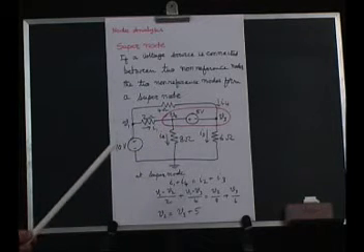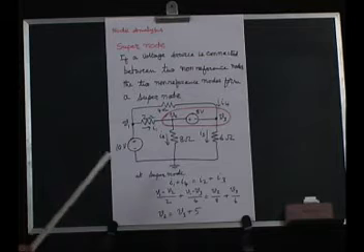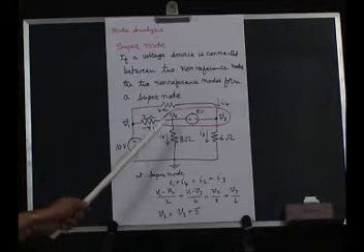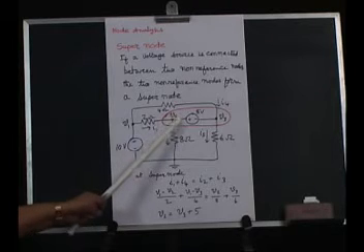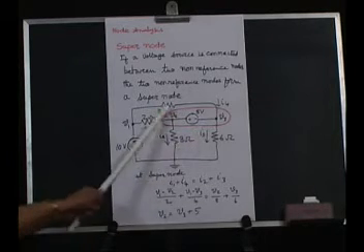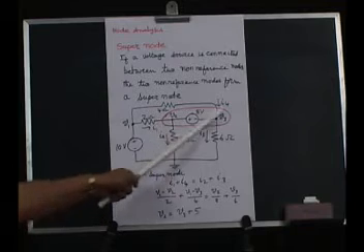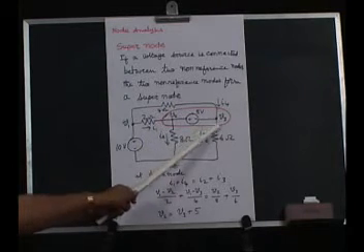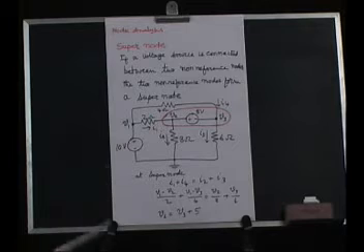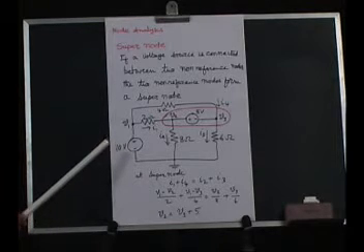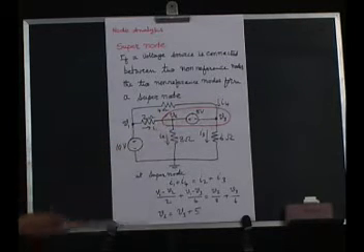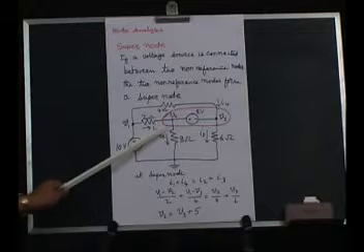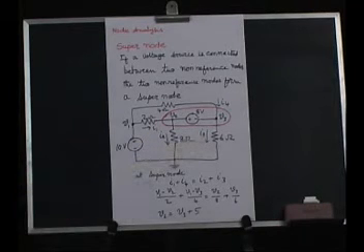Then we have another technique called the supernode technique. If there are voltage sources connected between non-reference nodes, or any resistance in parallel with that, we replace them with a supernode. That means V2 and V3 we consider as a single supernode. The currents that are entering the supernode are I1 and I4. Currents that are leaving the supernode are I2 and I3.